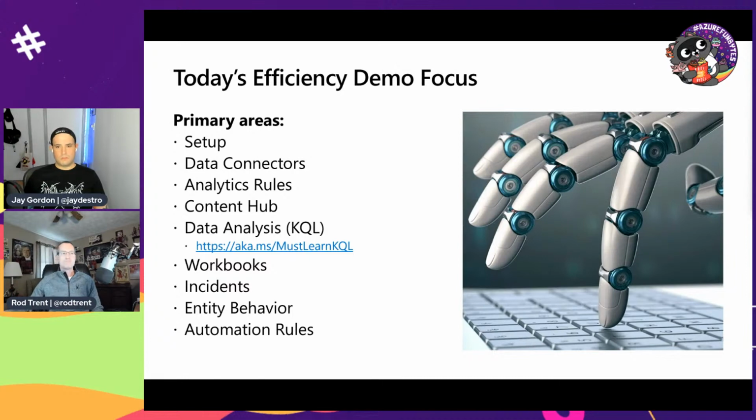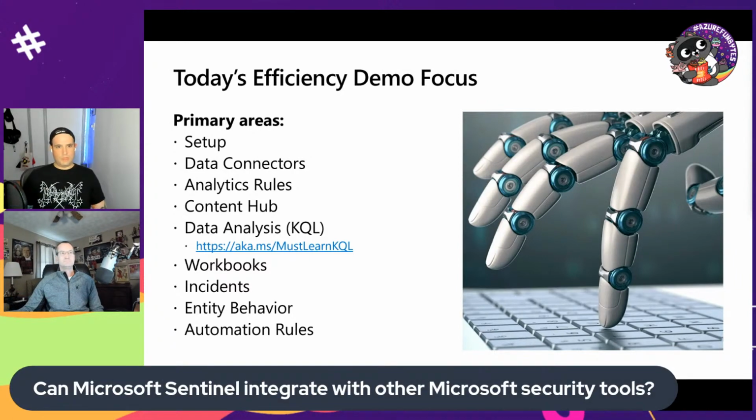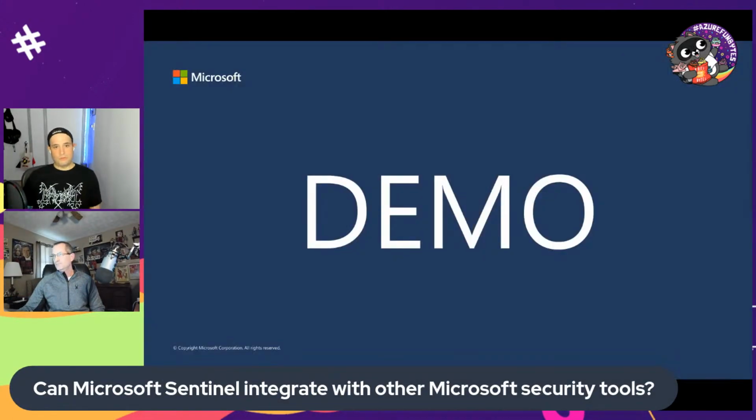Yeah, and that leads me to a great question: can Microsoft Sentinel integrate with other Microsoft security tools? Like Defender or something like that? So yeah, that's actually a really good question, a really good story. Our Defender products,